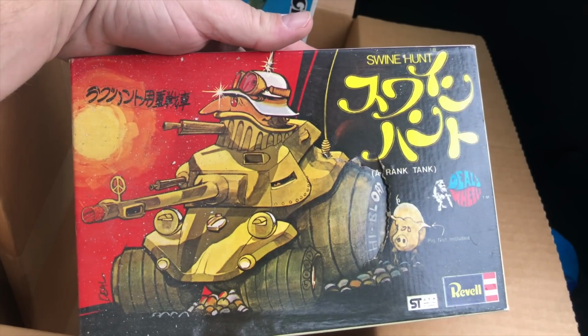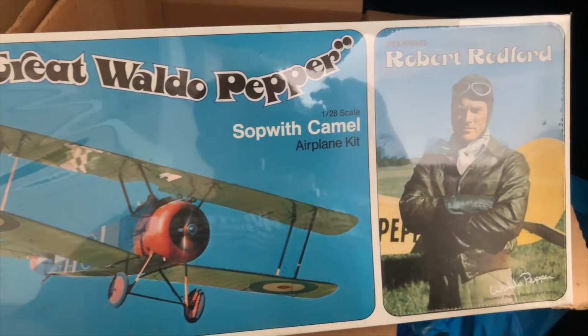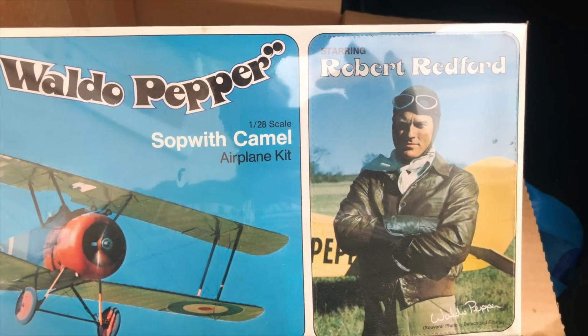Tire Bird. That's a cool one. It's a tank. Rank tank. There'll be more pictures on eBay if you want to see some of these. The Walter Pepper, Robert Redford. And this is full of